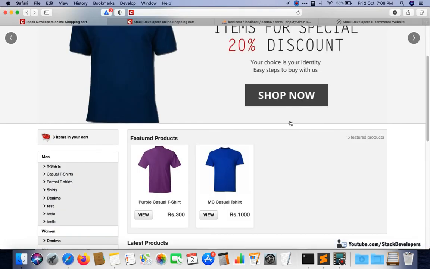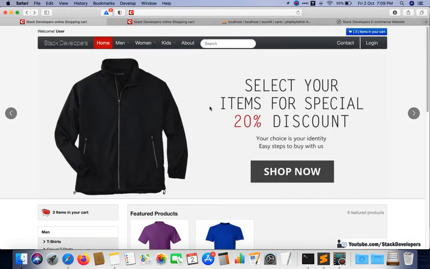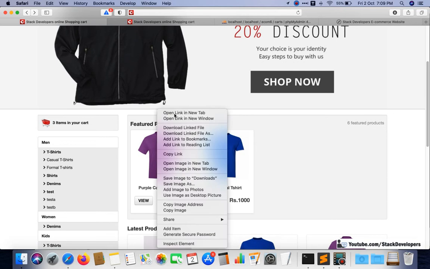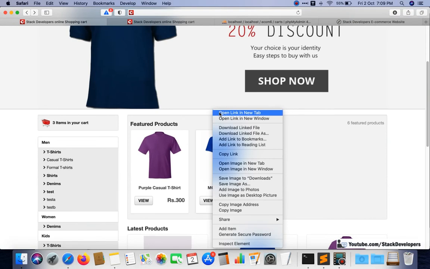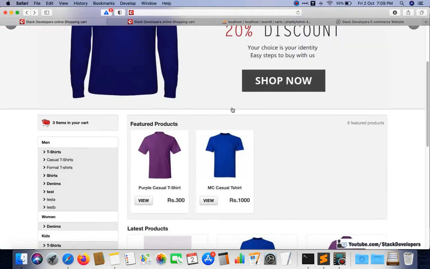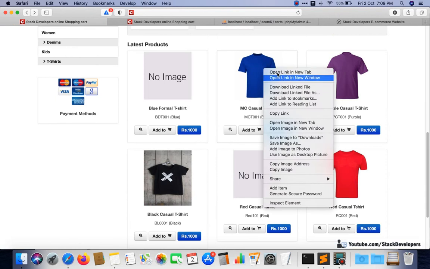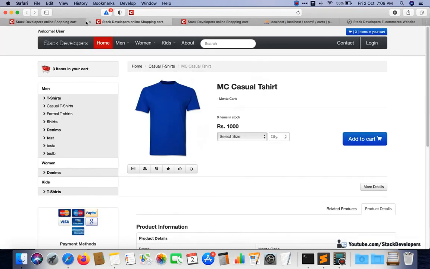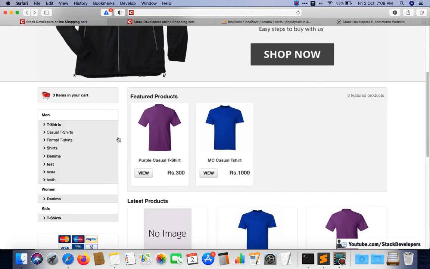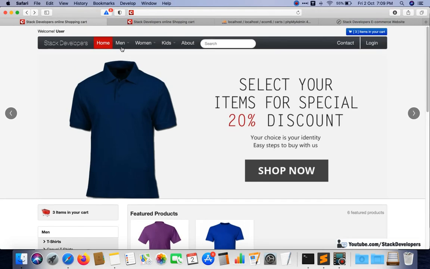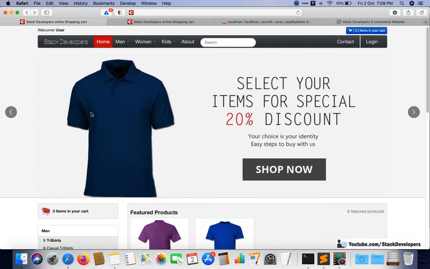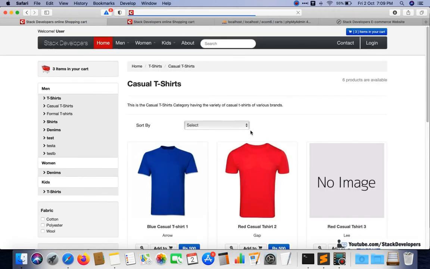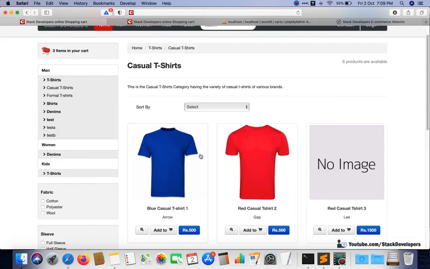Now we can save the file, and now you can click like this on purple, and its detail page is opening, that is fine. These also we can try opening, fine now. These are opening, and from here the listing page is also opening, that is fine. From the left sidebar as well. That is fine.